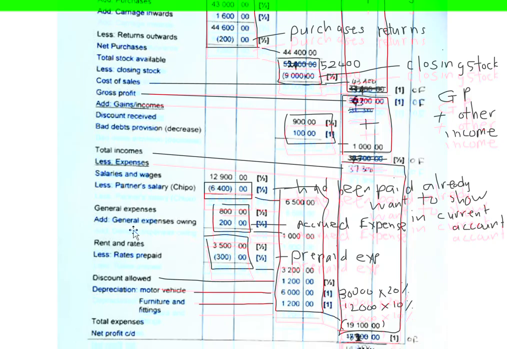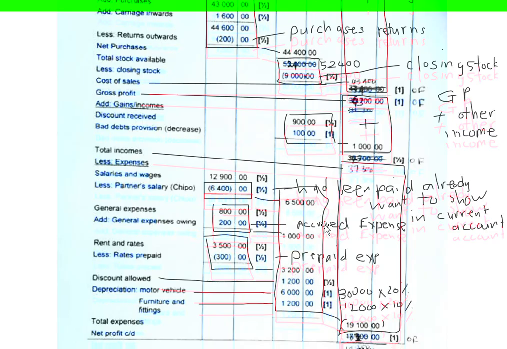Discount allowed, yes. If a debtor paid us early, we gave them discount, and to us that is an expense, 1,200. The depreciation was calculated on the straight line method, so we take the historical cost price. You can go check the balance of motor vehicles. It's 30,000. They said the depreciation is at 20% per annum. 30,000 times 20% is equal to 6,000. Then we've got furniture and fittings. The cost price on our books of furniture and fittings we bought is 12,000. Times 10% is